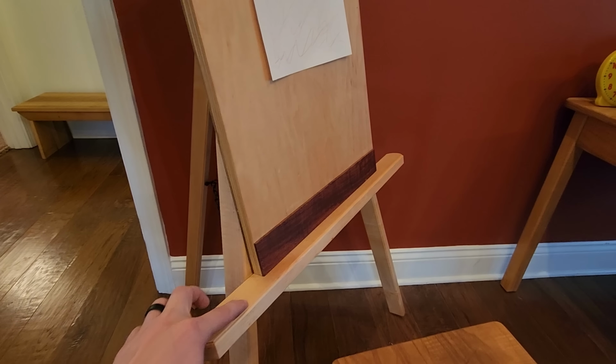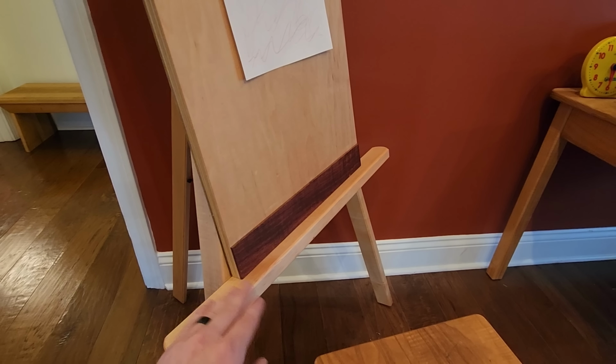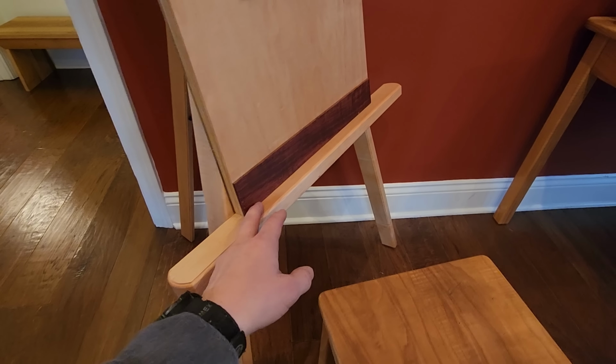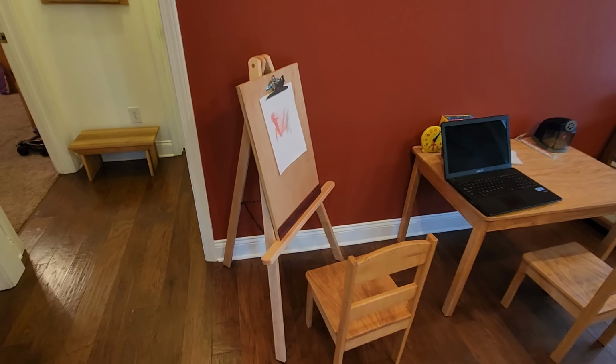I did not want a groove down here for pencils and crayons and chalk because I don't want any dust or crap accumulating right here as much as I can. I'd rather it just fall to the floor, and then our little robo vacuum thing that runs once a day will clean it up. So I'd rather have that. She likes it,